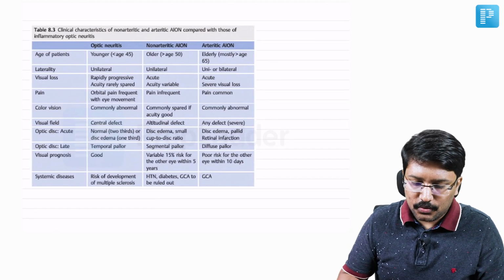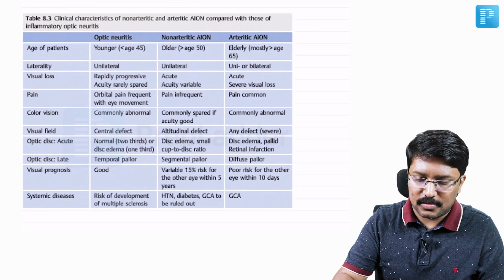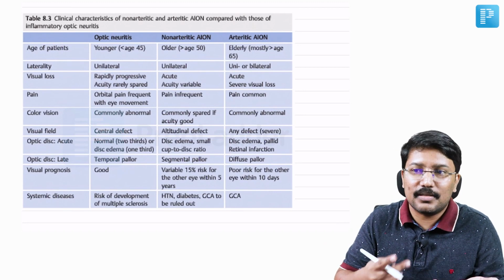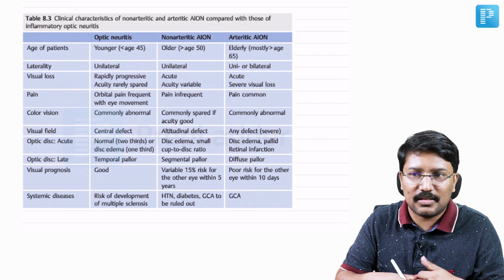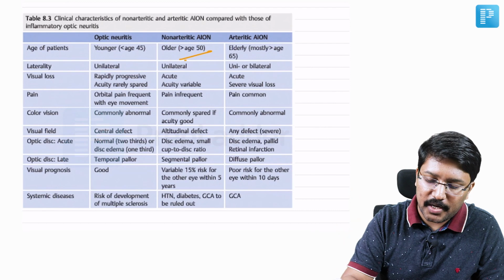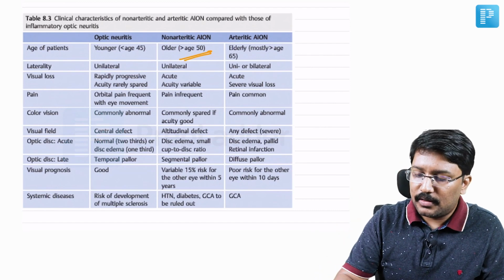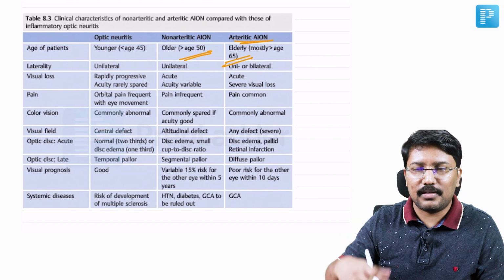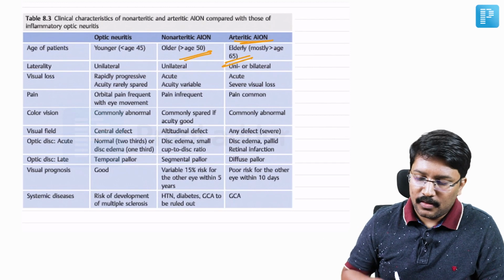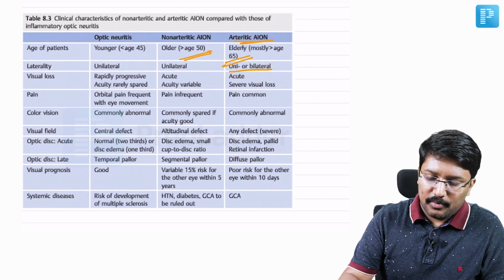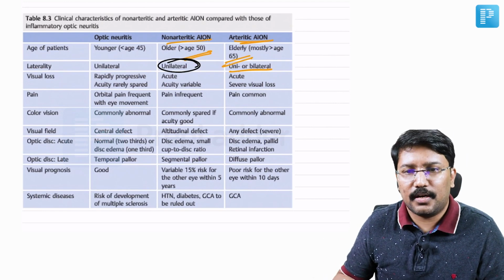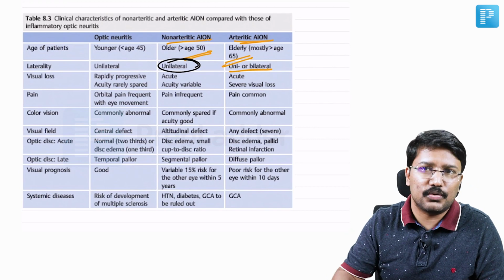Okay. Now let us go to the next question. I have already summarized the important differences between the non-arteritic as well as arteritic optic neuropathy. An important point that we should know is about age, right? Because arteritic means we're talking about giant cell arteritis, which is usually common in the more elderly, right? So non-arteritic might be seen after 40, 50 years, but arteritic is usually seen further on, right? In the 65, 70 plus elderly group, right? The other thing about arteritic is, arteritic may be unilateral or bilateral, but non-arteritic is very often unilateral. Right? It's very often unilateral. Right? This is something important. You should go through this table for sure.